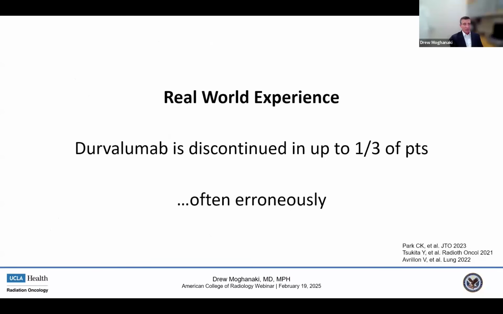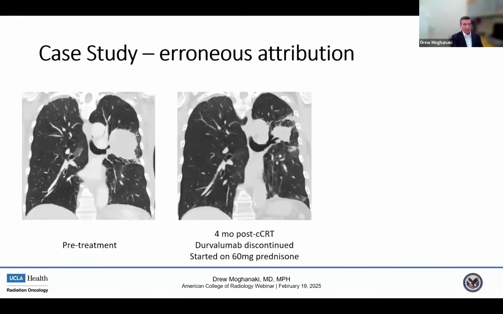But in real world practice, we're seeing evidence that durvalumab is discontinued in about 1 out of 3 patients. And as I showed in the previous 5-year update slide, we're talking about a 10-year overall survival benefit that could be deprived if that attribution is made erroneously. Here is a case study of mine at a leading high-resource medical center, where the patient pre-treatment, you can see